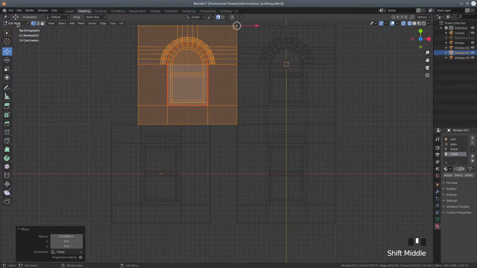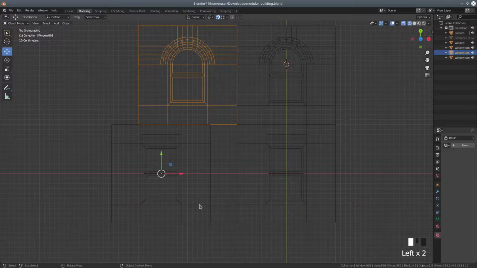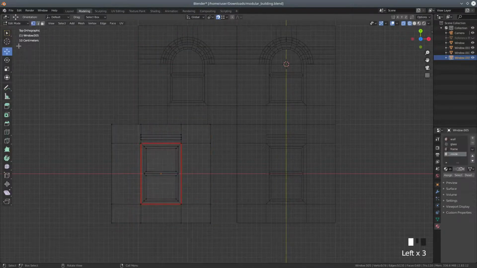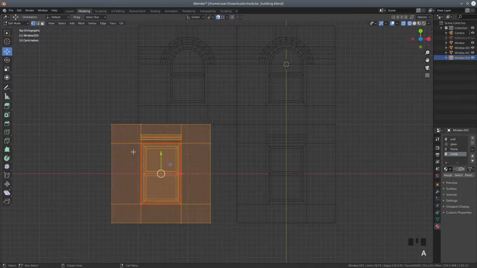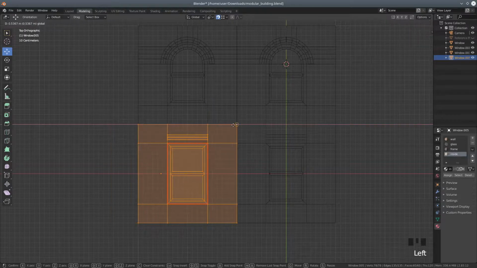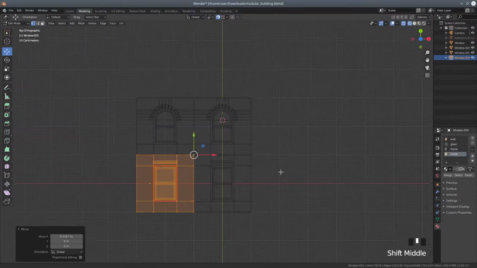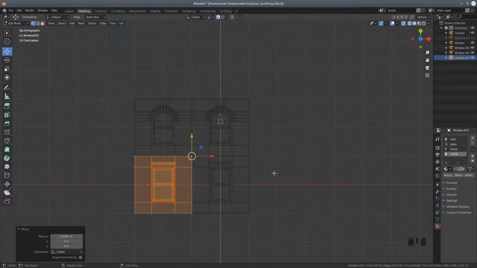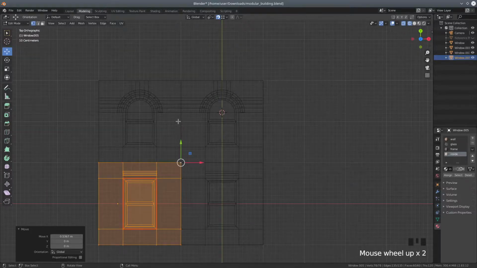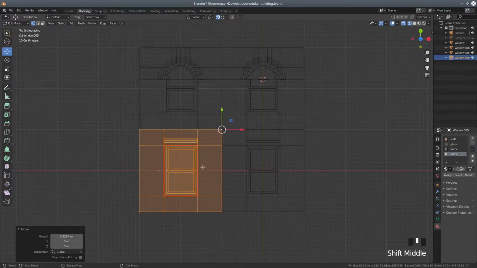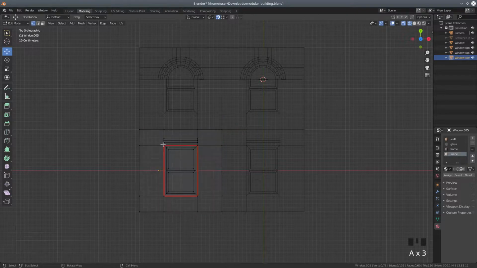We want to do the same thing to this other section. So select this section, go to edit mode, A to select everything, shift select that corner, snap that in place. The reason I've done that is because I want to pull these windows over to the left a little bit in both cases. It is a bit of a pain because it means we'll have to redo the UV mapping, but it's not a major problem. So A to deselect everything,